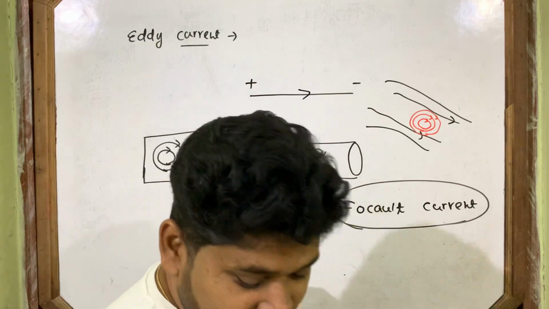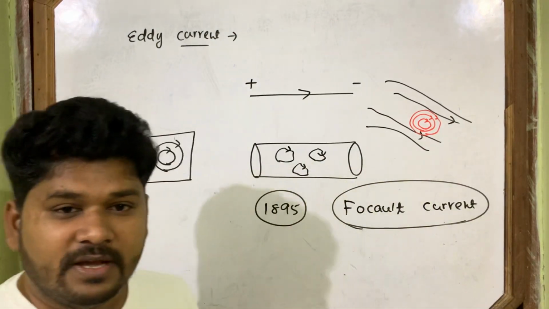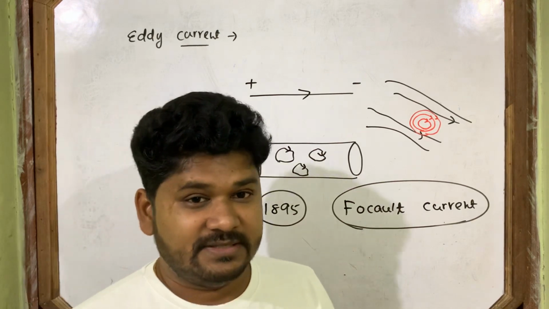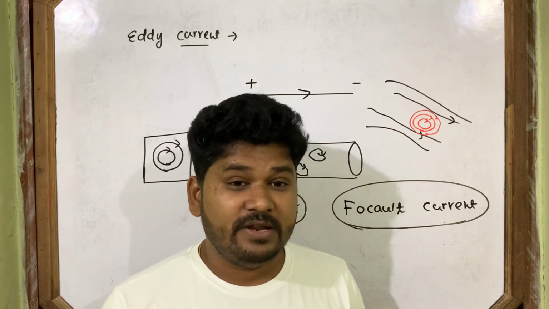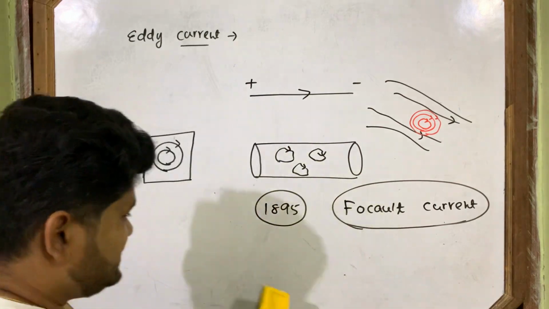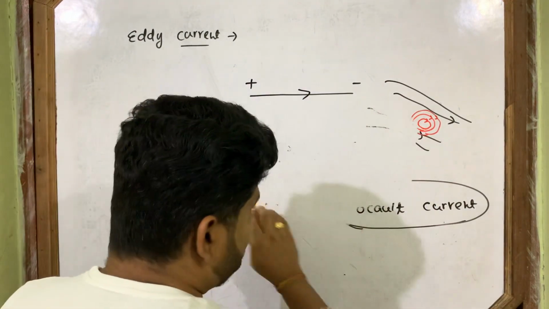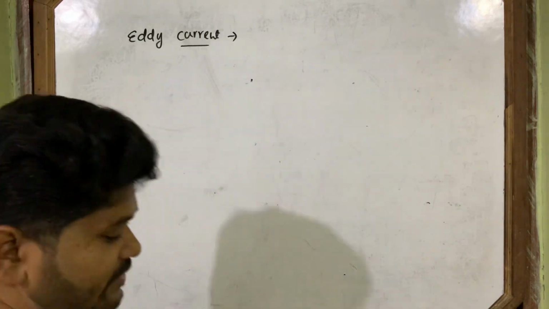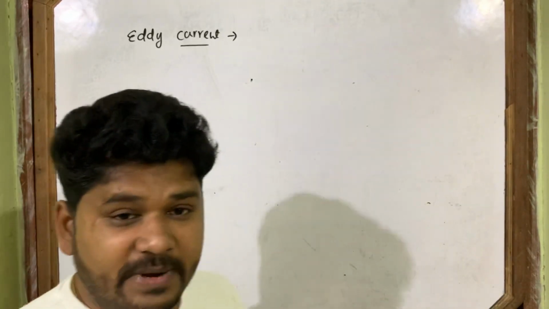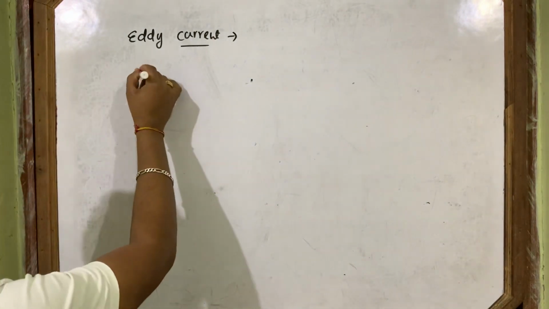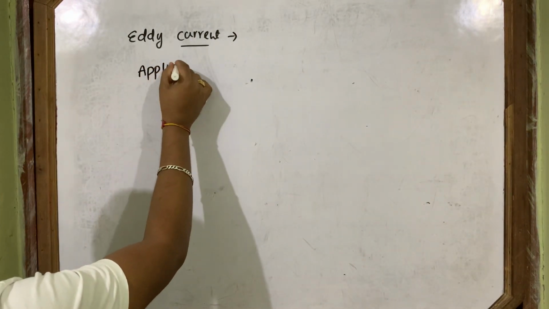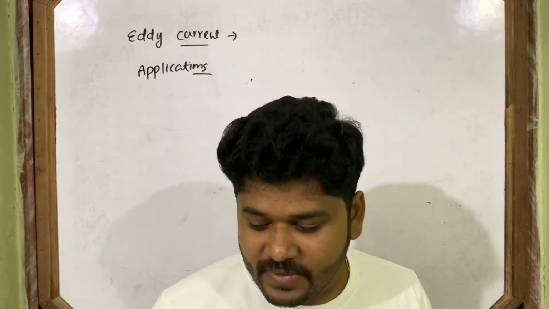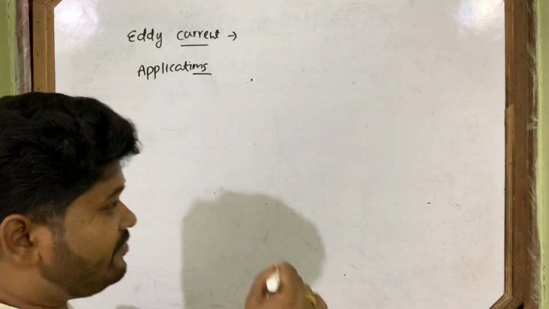So this eddy current has some advantages and some disadvantages. What are its advantages? Where do we use the eddy current? Let's discuss its applications, where the magnetic flux linked with a conductor, with a metal, changes. So let's discuss its applications in day-to-day life where we use this eddy current. So first is